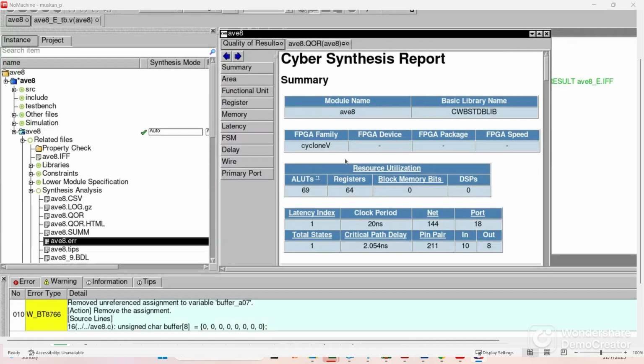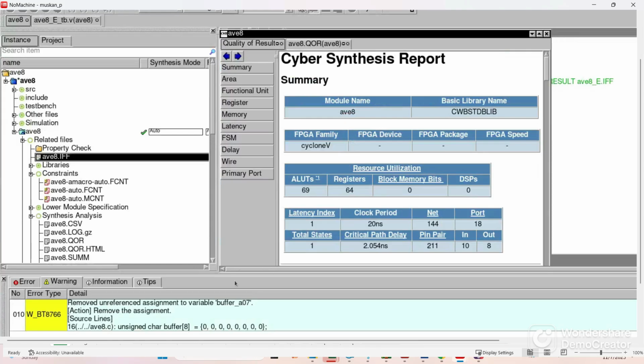We parsed the source code and we successfully generated our IFF file, as you can see here. We also added the synthesis options and generated the constraints files, and we also have our constraints file here, which is fcount, and our library files flib and mlib generated here,